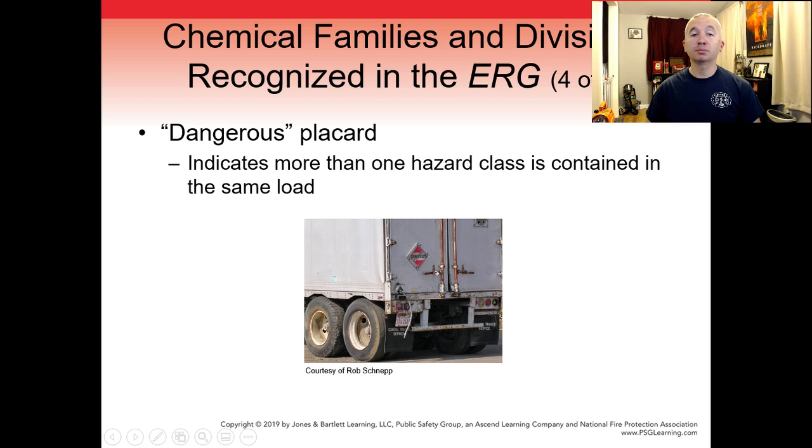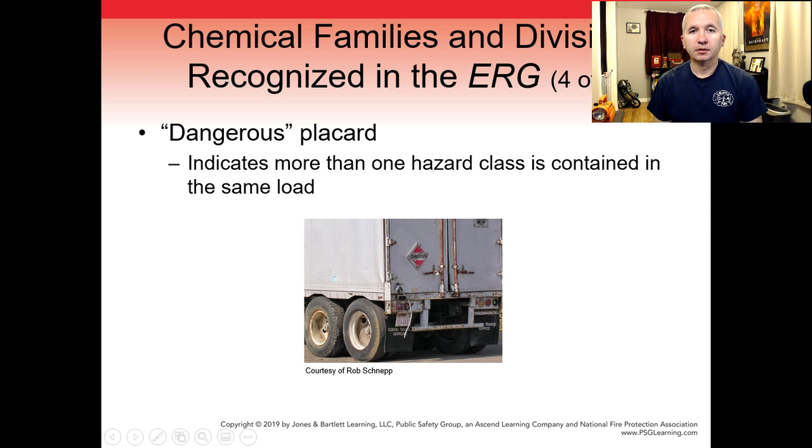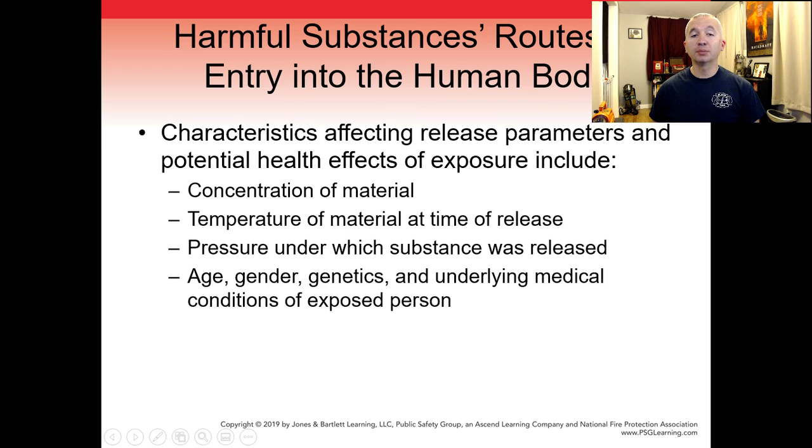There is also a dangerous placard that indicates more than one hazard class is contained within the same load. Some chemicals are more harmful than others, and all it takes is simple routes to get into the human body. Harmful substances' routes of entry into the human body. The characteristics that will affect the human parameters and potential health effects of those exposed to the materials can include